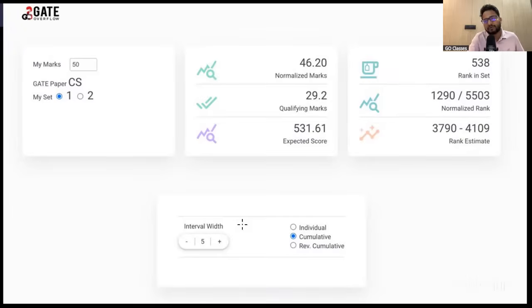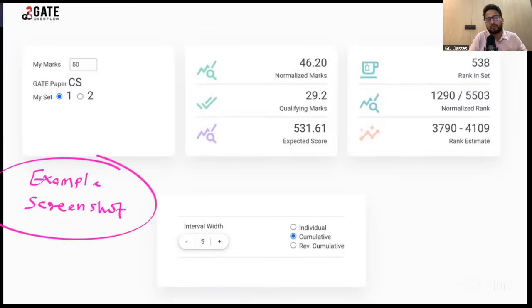I think that is fixed here, because there are no live submissions. If you go below, you will be able to see your distribution; we will show the chart in the next slide. This is just one example, a screenshot. You can enter your marks there and get your normalized marks, across both the sets.